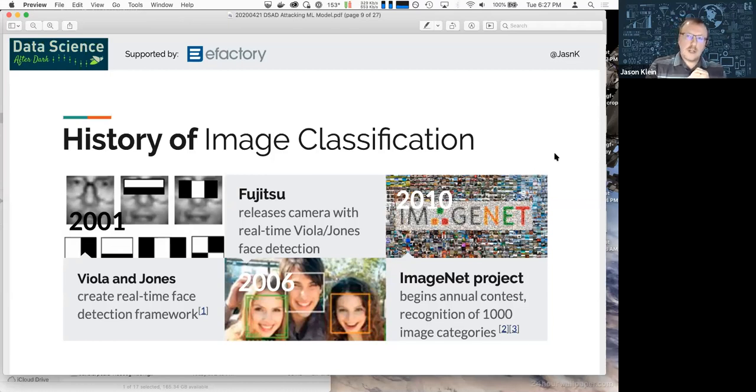Folks set out to build, much like the MNIST data set with handwritten digits, a standard data set of many, many, many different images. Whereas the handwritten digits were 0 through 9, meaning you basically had 10 classes of images, it could either be a 0 or a 1 or a 2 all the way through 9, so 10 digits in all. ImageNet had thousands and thousands of categories and ended up with over 14 million images.